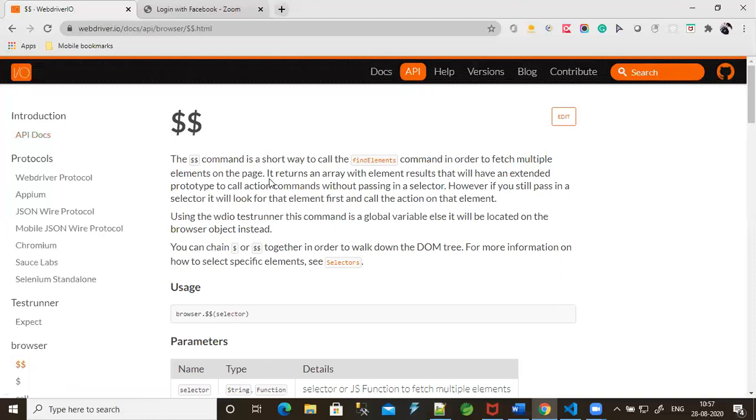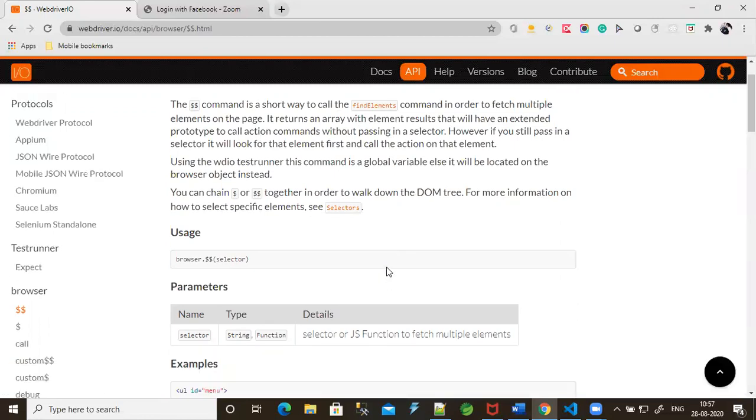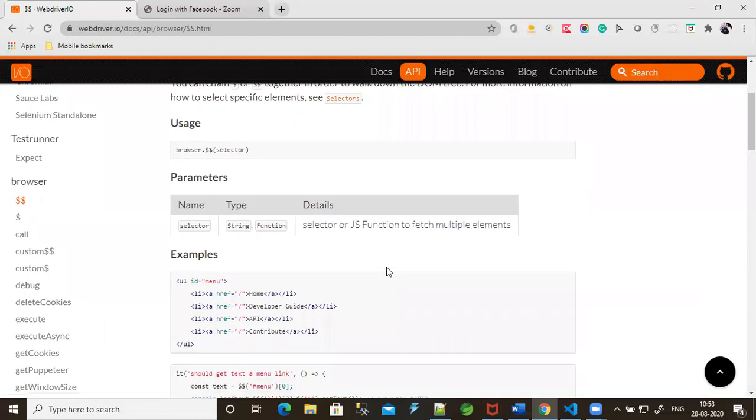So it will be helpful to fetch the multiple elements in list format. It returns an array of elements which will have an extended prototype to call commands without passing in a selector. So this will help to find all elements wrapped with that HTML tag.